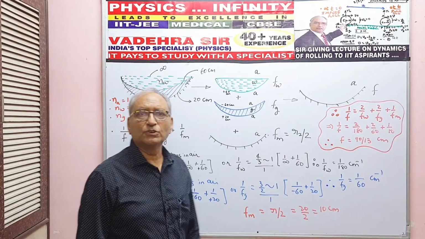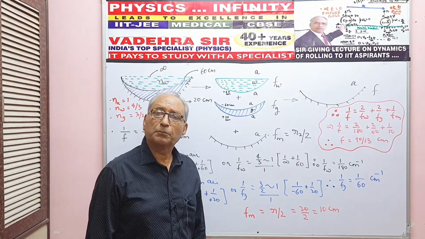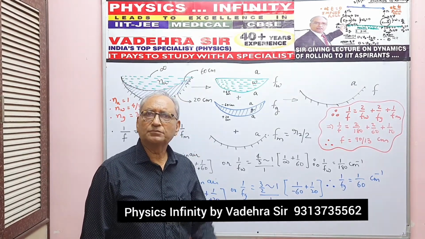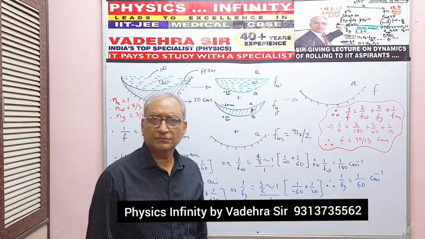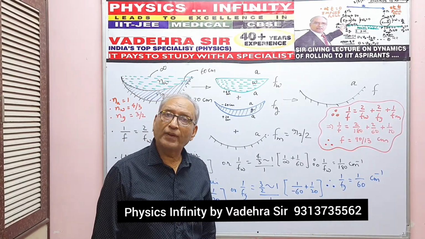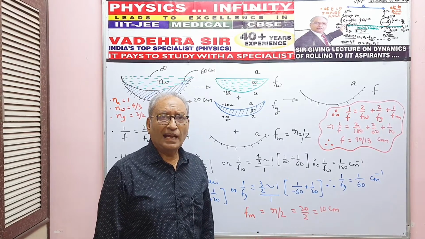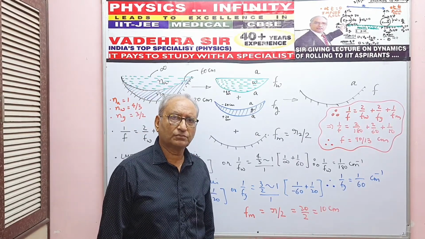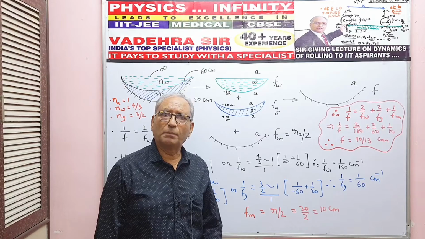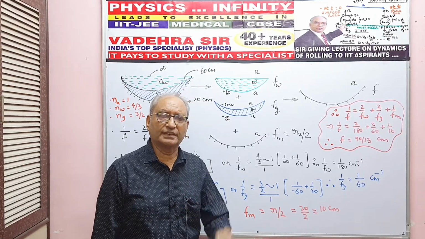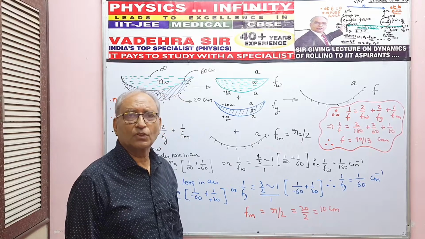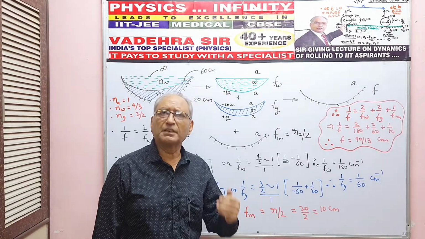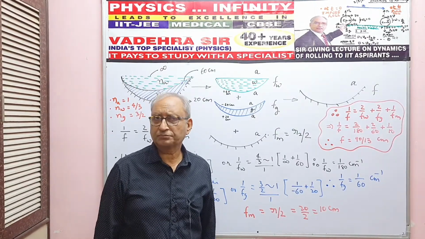In this video lecture, I am going to take on a very interesting problem of ray optics, and I am going to demonstrate to you the amazing utility of the Ripken sign convention. I have been teaching for so many years, and for problems of ray optics I always advise my students that instead of the Cartesian convention, you better use the Ripken convention, real is positive, virtual is negative, to solve the more advanced problems that you normally encounter in examinations like JEE Advanced, JEE.